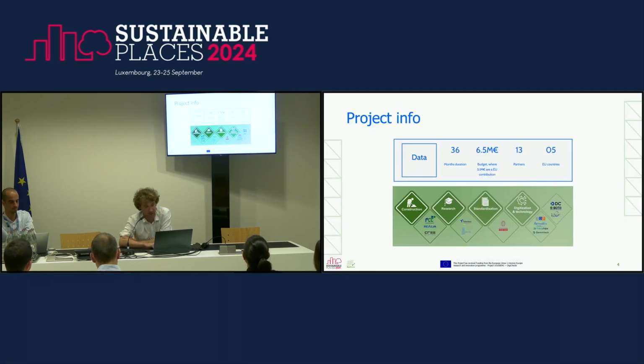So the DigiChecks project is a 3-year project involving 13 partners from 5 countries. Each one of those partners has a specific speciality that matches the entire flow, let's say, of the project. So we have people that are specialized in the construction phases, but also in standardization bodies and in the implementation of, for example, the ontologies, but also of the UI platforms. And then we at UGent are part of the research node, let's say.